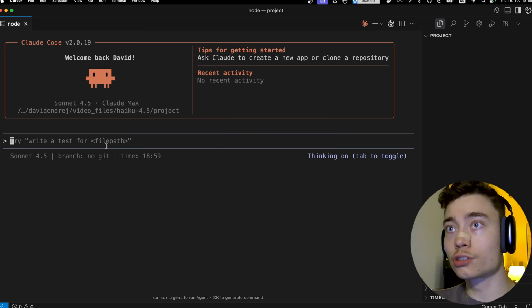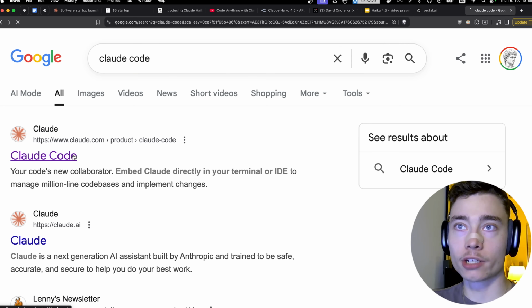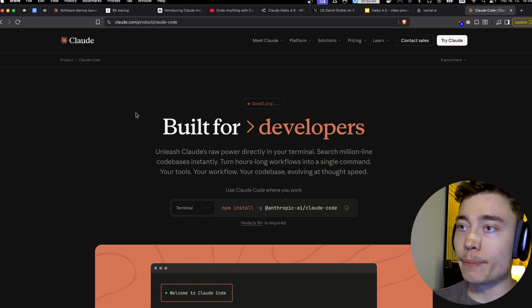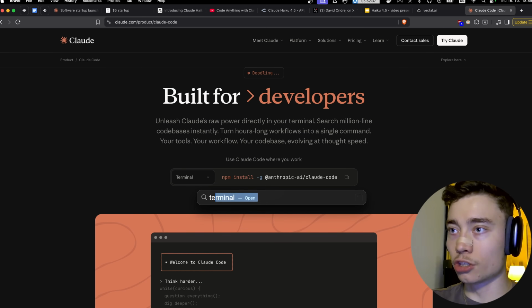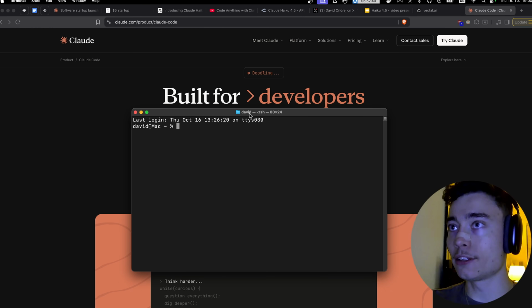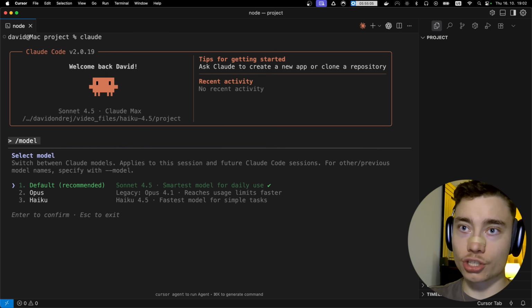If you don't have Claude Code installed, let me show you how. Open up Google and type in Claude Code. Click on the first link. This will take you to the Anthropic page, and all you have to do is literally copy this command, open up your global terminal, boom, and paste it in. To launch Claude Code, just type in Claude, type in /model to change the model, and as you can see,